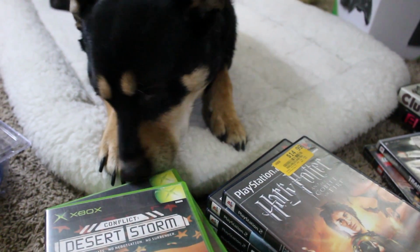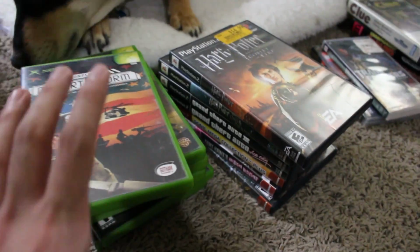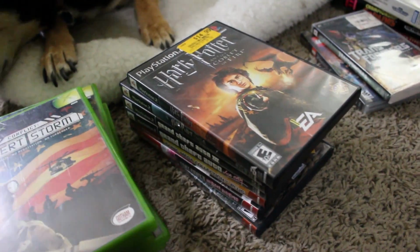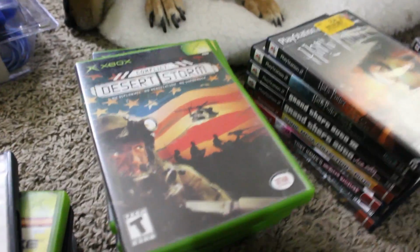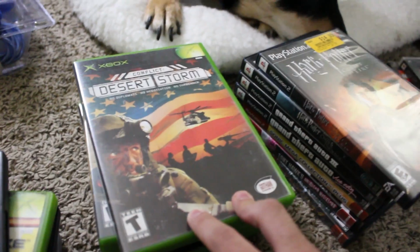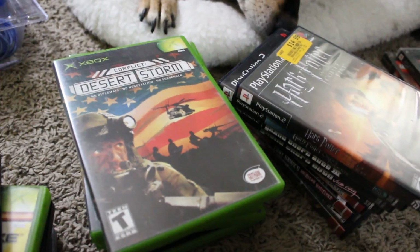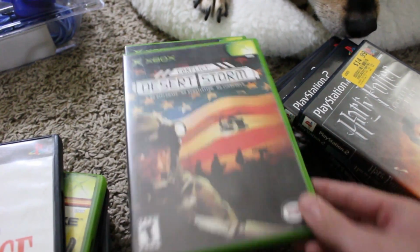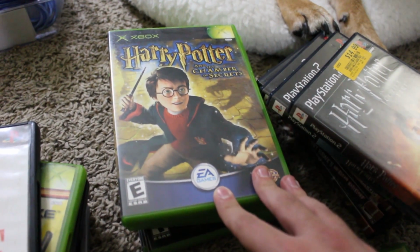She's really liking the PS2 games. Now these games I did pay like the same price on each of them, but I kind of separated them out according to console and such, so getting into this. So for these games right here, some of them I got from Savers, some of them I got from Salvation Army out of these two titles. But I ended up getting Conflict Desert Storm on the original Xbox, Harry Potter and the Chamber of Secrets,